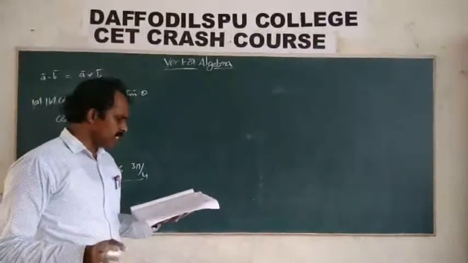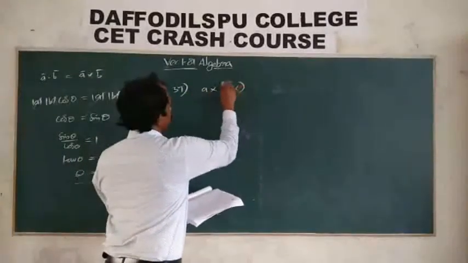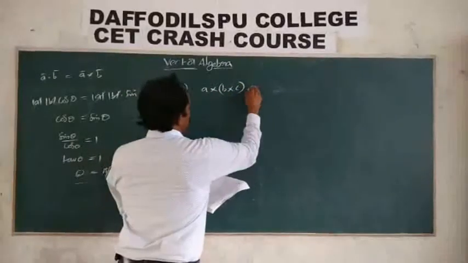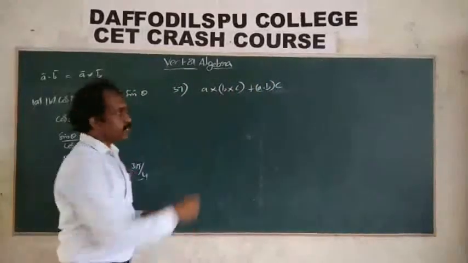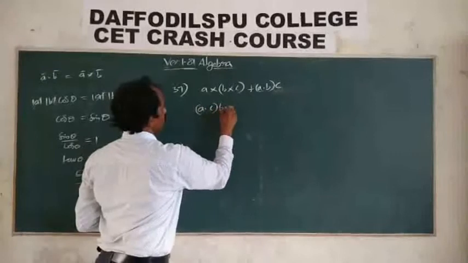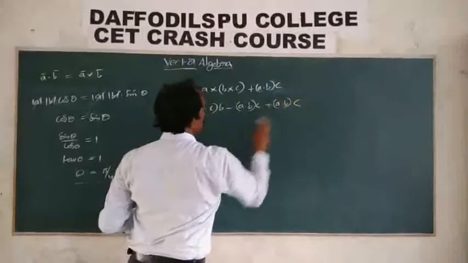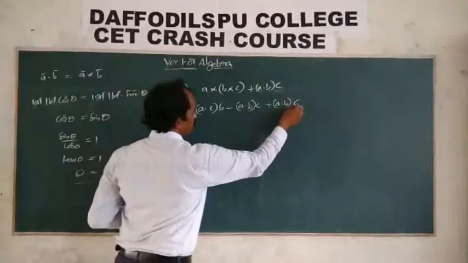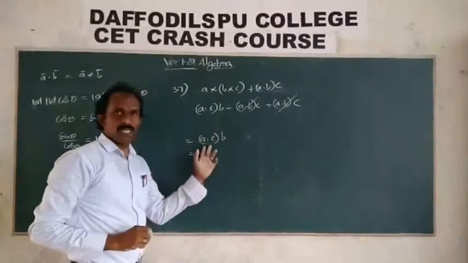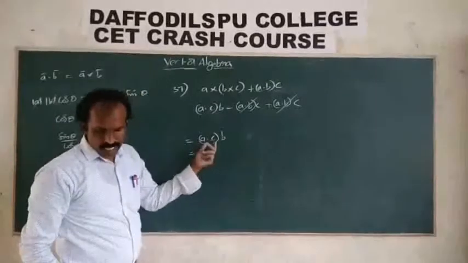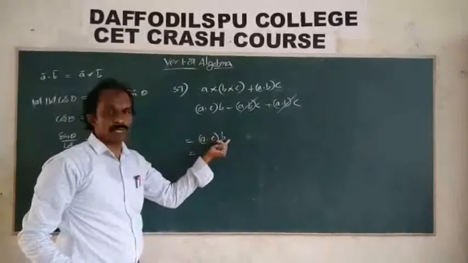Question 37. A, B, C vectors are given, then A cross B cross C plus A dot B of C value is given. This is a vector triple product. The formula gives A dot C of B minus A dot B of C, plus A dot B of C. So minus A dot B of C and plus A dot B of C cancel, remaining A dot C of B. So A dot C is a scalar times the B vector. Use this formula to find out which option is correct.